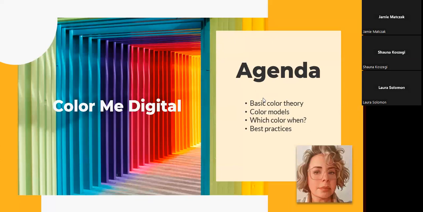We will look at some different color models as they apply basically to digital. So for folks here who are perhaps more on the print side of things, you may be sort of wiggling in your seats going, but that's not what we use. And that's okay. I understand that. And hopefully folks understand that not everything applies to everything. That's okay. We will, of course, spend a lot of time on which color to use for what. And we'll talk about why that may or may not be a good approach. And of course, some best practices.